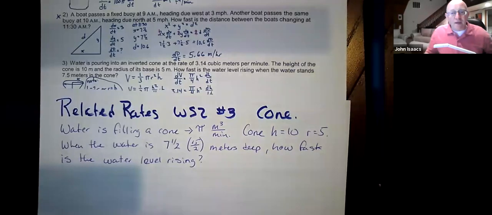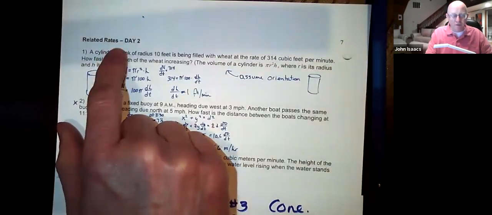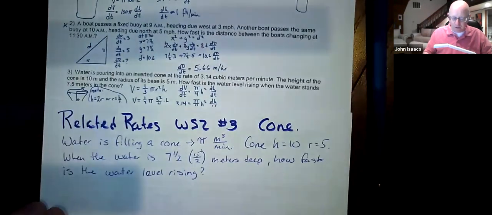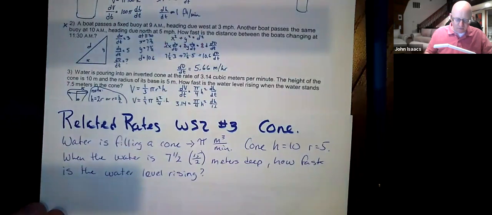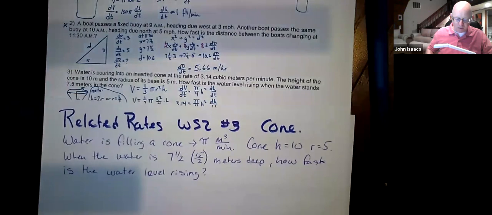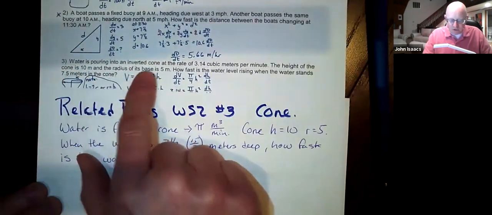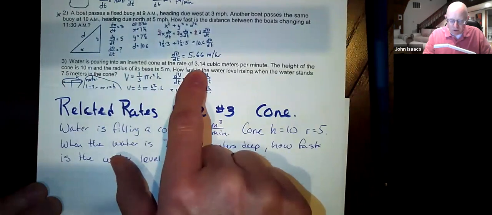Okay, here's another related rates example problem. This one is from the worksheet called related rates day 2, or worksheet number 2. I'm going to do number 3. This is a separate piece of paper I'm going to use to actually work on. The problem says, water is pouring into an inverted cone at the rate of 3.14, basically pi, cubic meters per